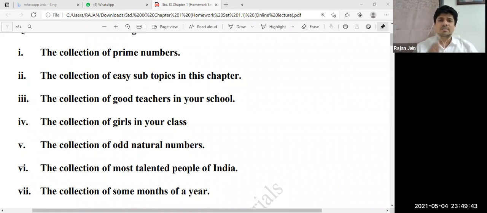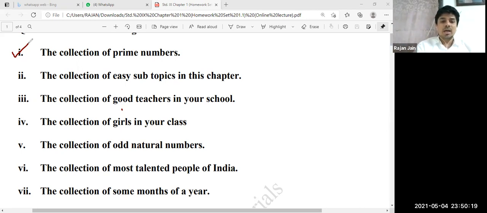You will definitely say yes, because 5 is a prime number. Suppose I say the number 6, will it belong to the collection? You will say no, because 6 is not a prime number. So, when I say collection of prime numbers, it is a well-defined collection. There is a specific definition for prime numbers. So we say, yes, this is a set. Now in the exam, if such a type of question comes, you are not supposed to write only yes or no. You have to write your answer in statement form: the given collection is a set. ऐसे पूरा का पूरा statement form में answer आना चाहिए.